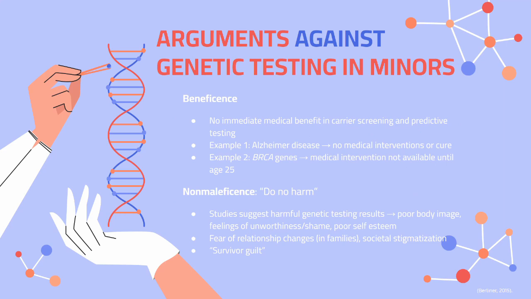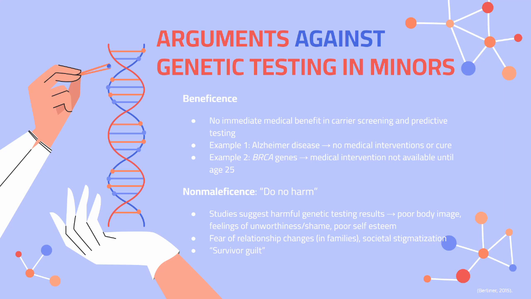Beneficence and non-maleficence are ethical principles in healthcare, meaning to do good and to do no harm, respectively. By providing this information, is it really beneficial to a minor who cannot seek out medical treatment at their current age, or even at all? Adult onset conditions being tested, such as Alzheimer's disease, typically don't have treatments or cures. Other conditions, such as breast cancer, that do have medical interventions, often are not available until adulthood. One also has to think whether this does no harm. Results could lead to